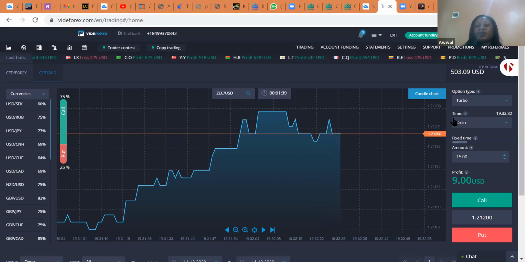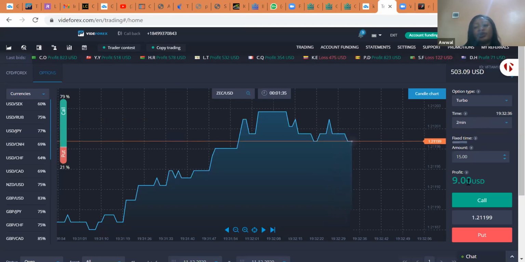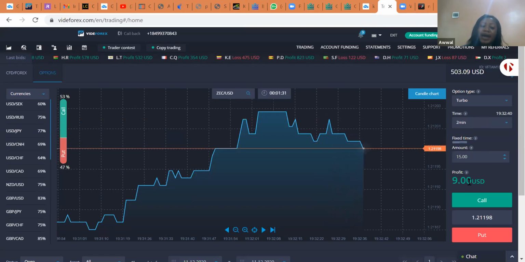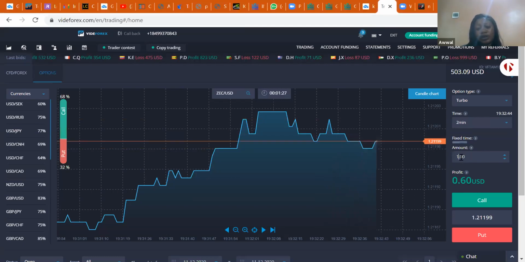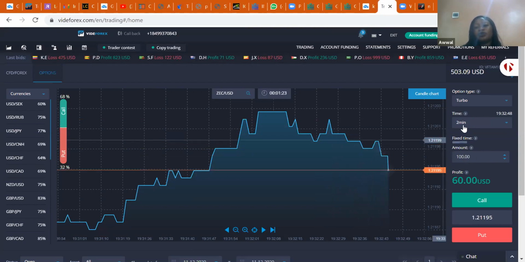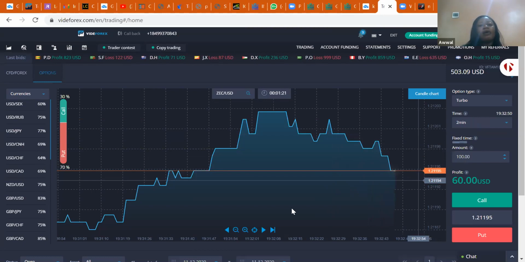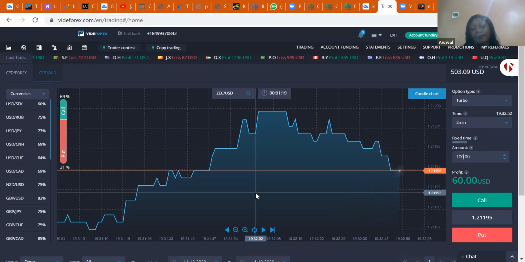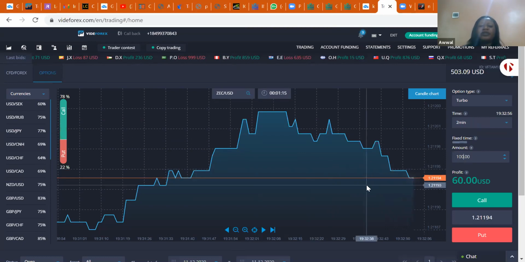So if I pick this trade for 2 minutes, that means at the end of 2 minutes, if I win this trade, I am going to be making an extra $9 on my trade. If I decide to say, okay, I want to trade with $100, and I'm trading for 2 minutes, if I buy or sell any currency pair after my analysis, remember,